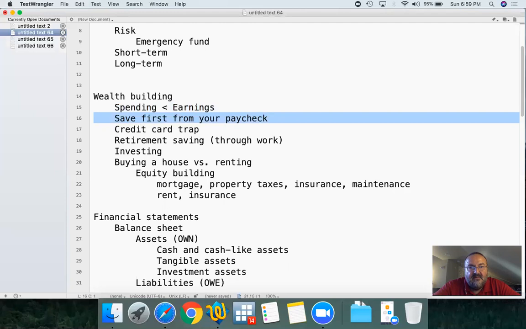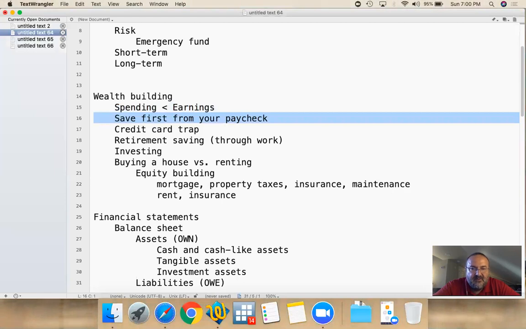And just assume as if your paycheck was $1,750 instead of the $2,000. So just take that $250 out of your paycheck as an example, and then put that into savings first before you start your spending, before you start paying bills, before you consider any other expenditure from your paycheck. So save first from your paycheck, put it on the side, and then look at the remainder of your paycheck